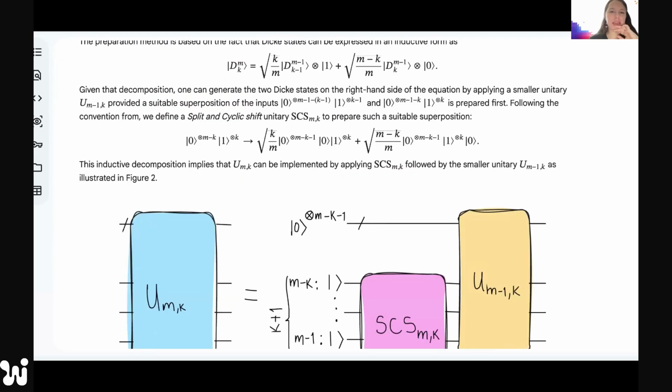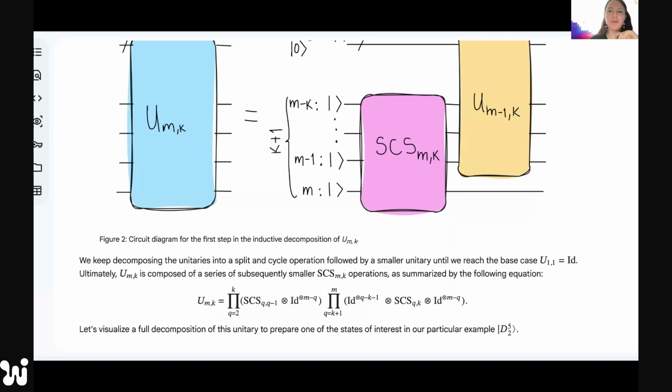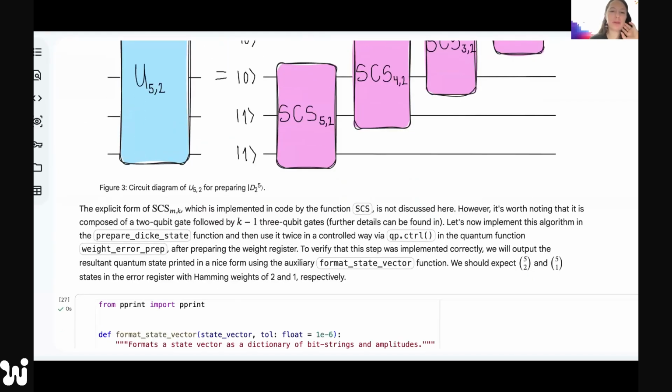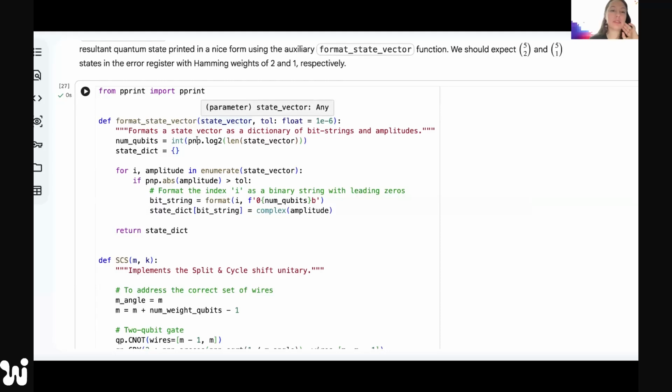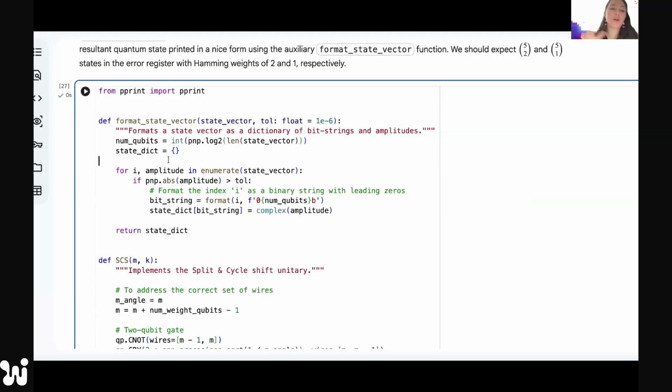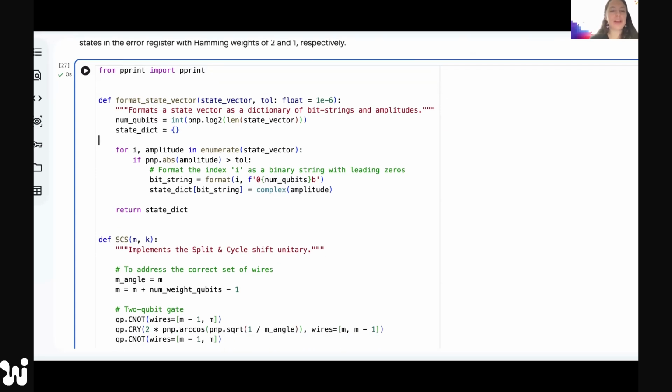Now these DQI states, again, the math is a little bit tricky, but you can look at it a little bit later. I can create these state vectors. So just to be clear, all of this is a state vector simulation. This is not designed to run on a large scale so far. This is a toy example. Hopefully it can help. I can create these state vectors of the amplitudes that I want to prepare.